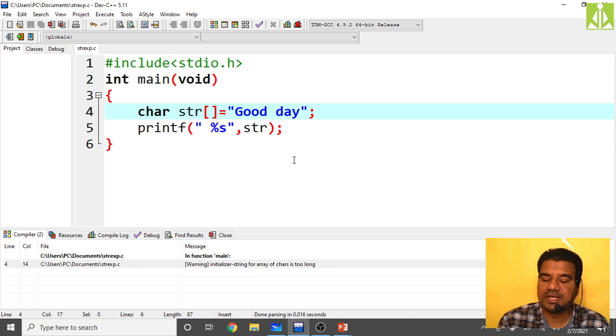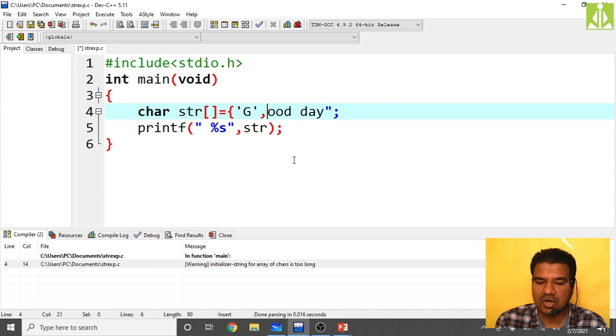You can even do the initialization like characters. Okay, so here G is one character, comma, O is another character, comma, O is another character, comma, D is another character, comma, space is another character, comma, D is another character, comma, A is another character, comma, Y is the last character.